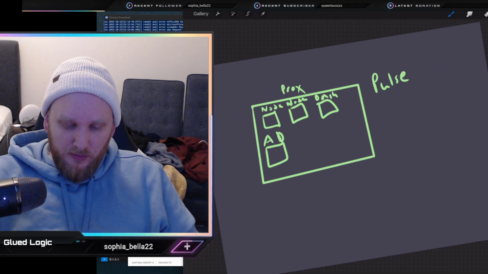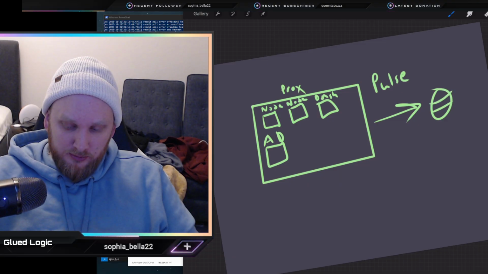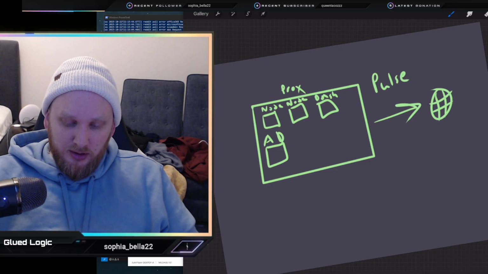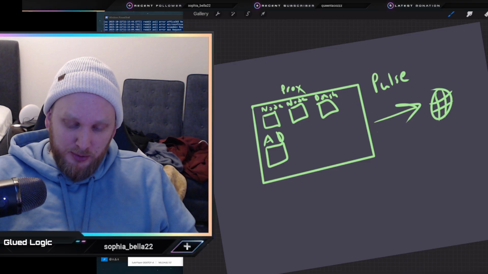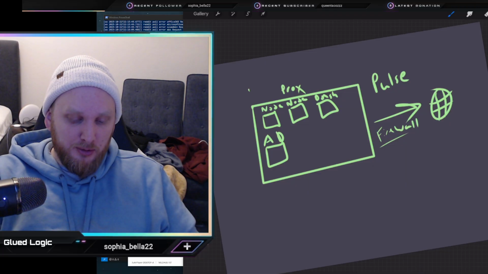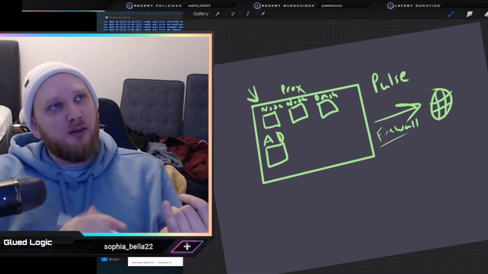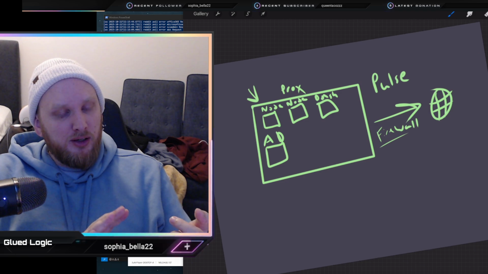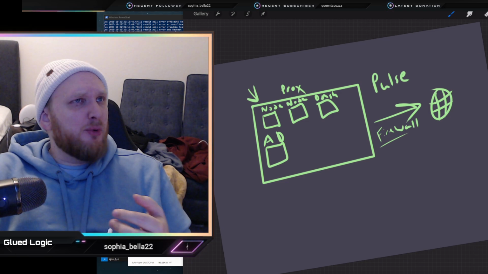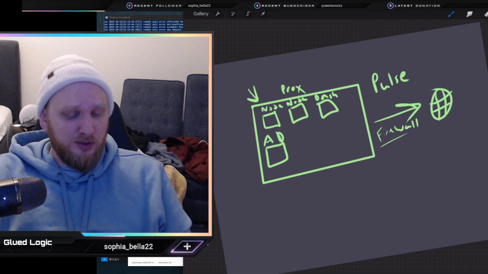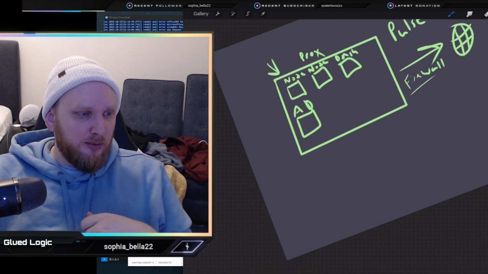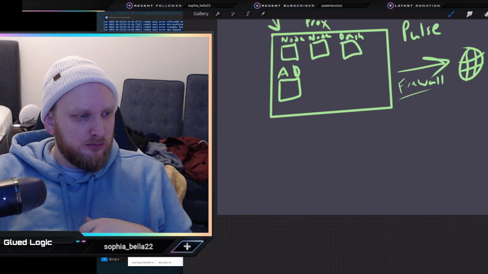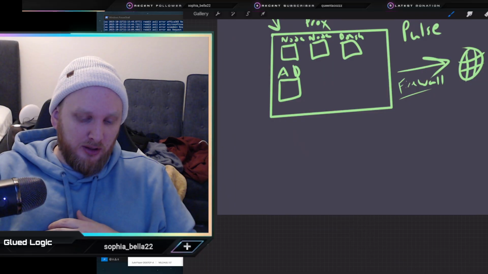And then when this is going out to the internet, we're going to set up firewall rules to restrict the nodes. So if we don't need to have SSH and stuff enabled all the time, or extra ports, we're just going to restrict it down to the specific ports that are going to be used. And then we can have